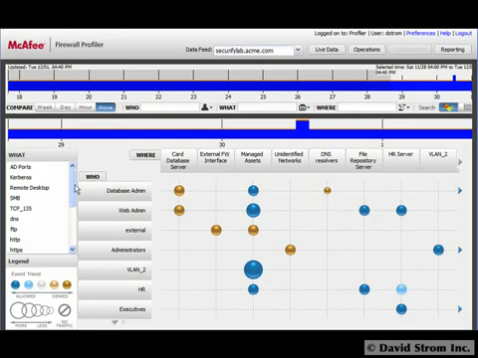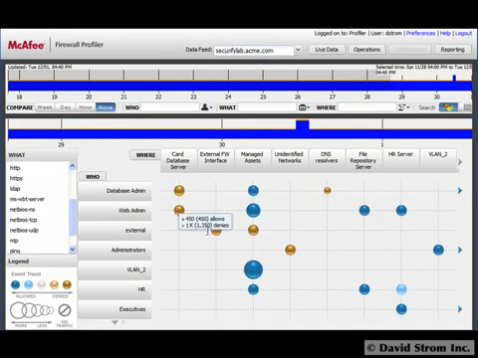Today we're looking at a new product from McAfee called Firewall Enterprise Profiler. It makes it easier to troubleshoot and manage your McAfee firewalls and to keep up with changes to your network and applications. You're looking at its main summary screen, and the colored bubbles indicate the volume of events and firewall